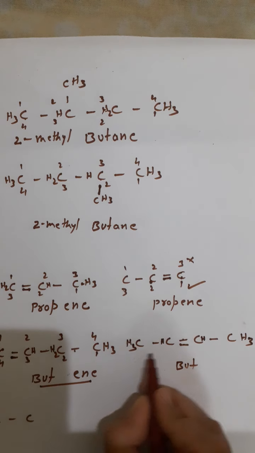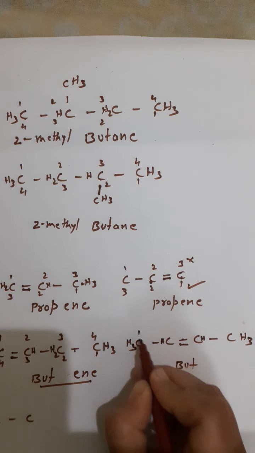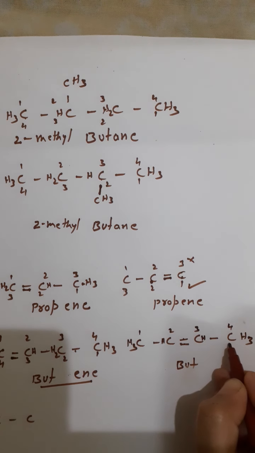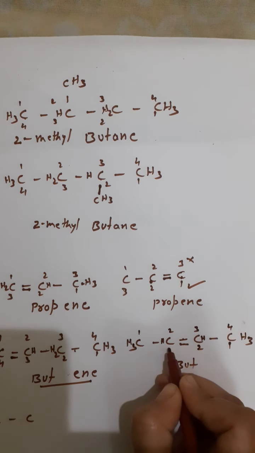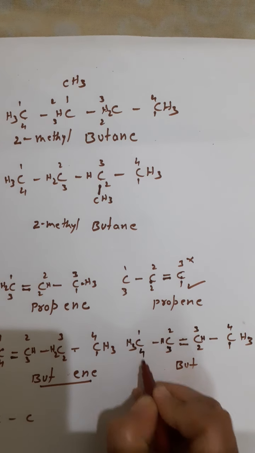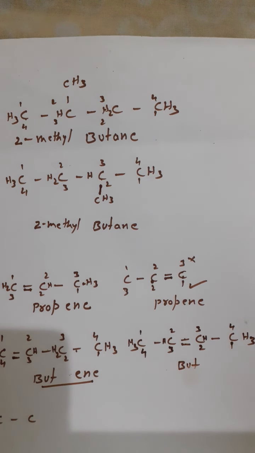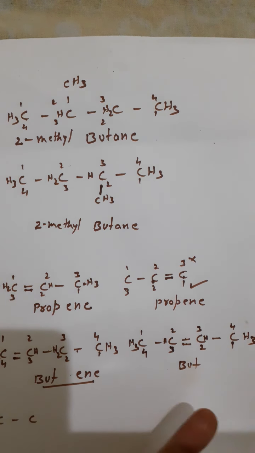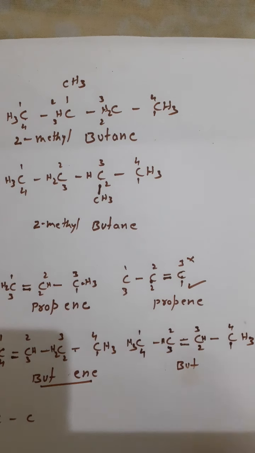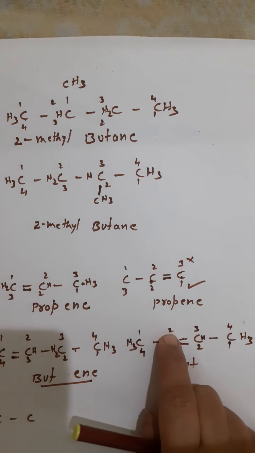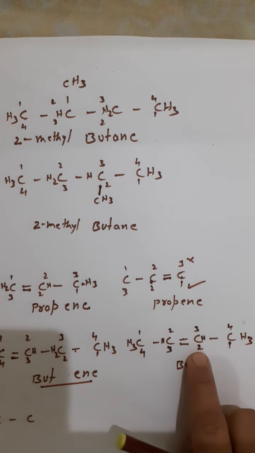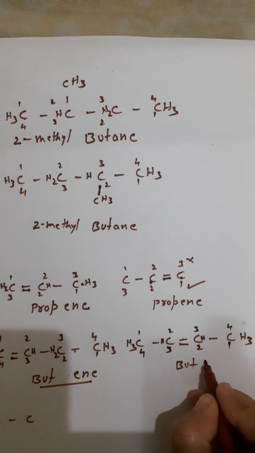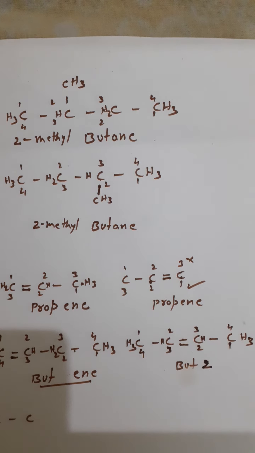Now again number. So where will I number from? 1, 2, 3, 4. So again start from the right side. 1, 2, 3, 4. Okay. So where is this getting the least value? So here if you observe, the numbering can be done from any side because it does not make any difference. If we start from here, the least value is 2. From here also the lowest value is 2. So where is the position? Position is between the second and the third. So I will prefer second.